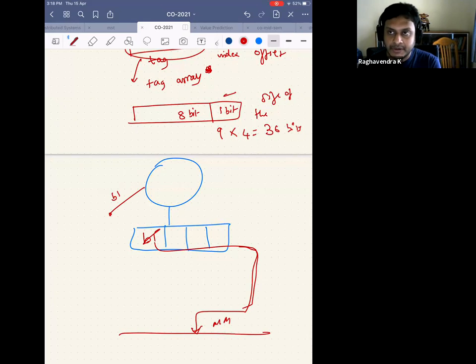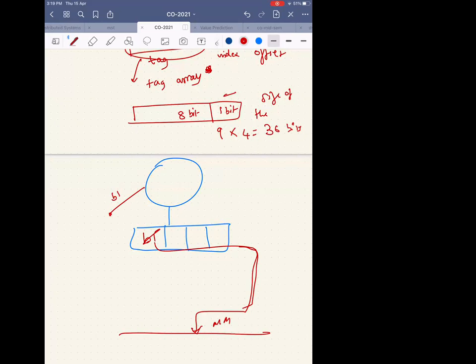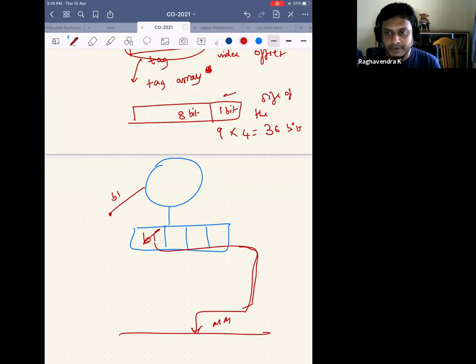So it has to wait for the entire write to complete, and then only it can read B1. That's what he's saying. Is that right? Yes. So does anybody think that this is the problem? Do you think this might be a problem?